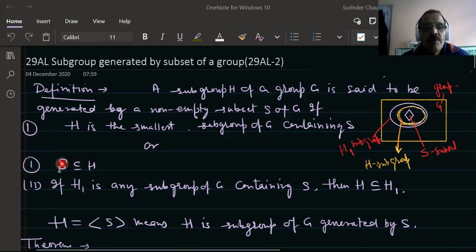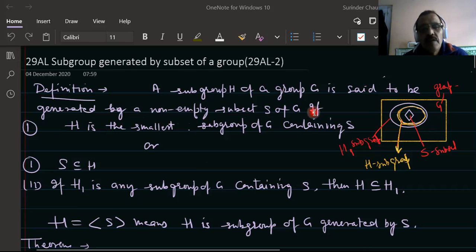Number one, S is a subset of H, and second, if H1 is any subgroup of G containing S, then H must be a subset of H1. Then and only then we say that H is the subgroup generated by the non-empty subset S of a group